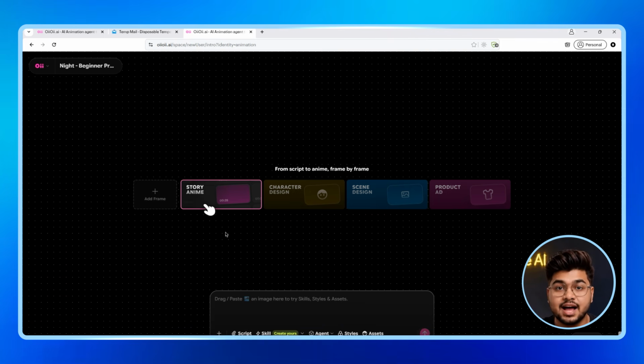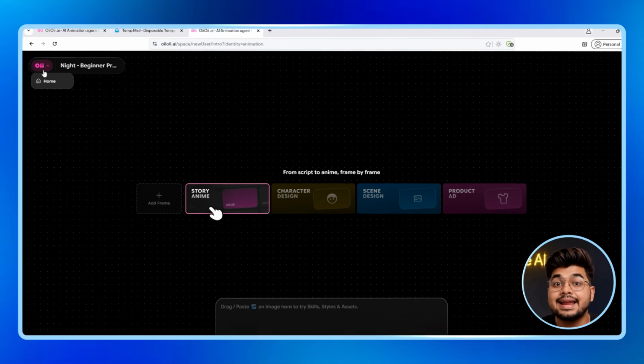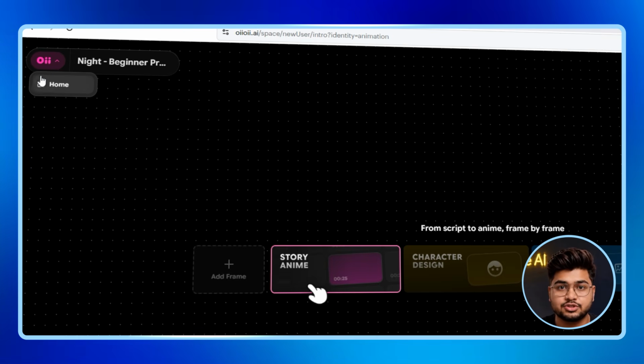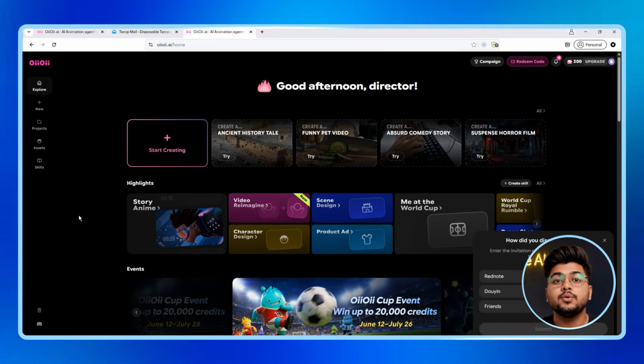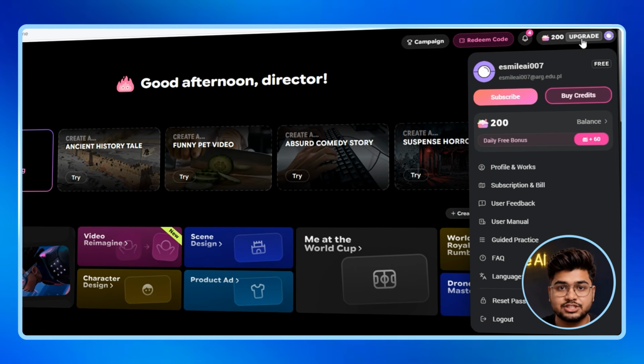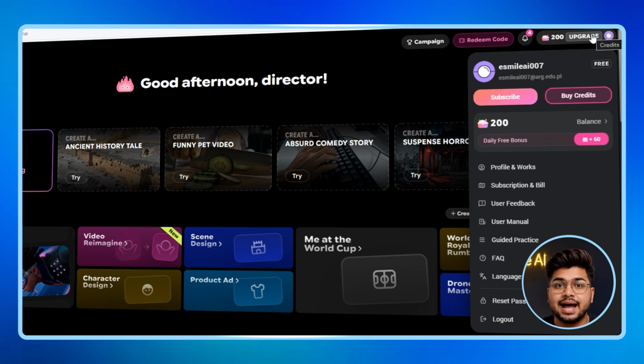Next, look up at the top left corner of the screen and locate the glowing pink logo. Click it and then click the home button right below it to force the system to take you directly to your main creative dashboard. Now direct your attention to your user profile icon in the top right corner. Just for executing that sign-up workflow trick, the system has automatically injected a massive 200 free generation credits into your